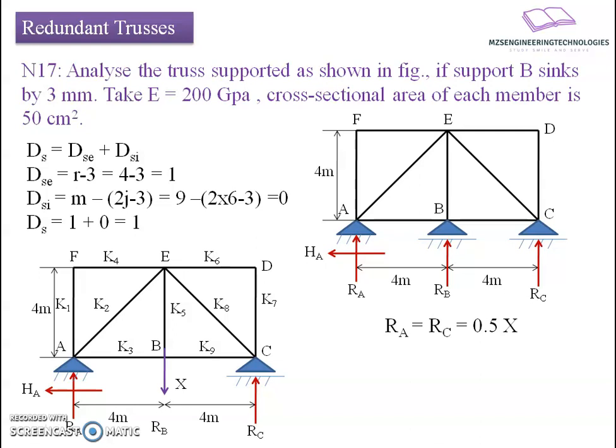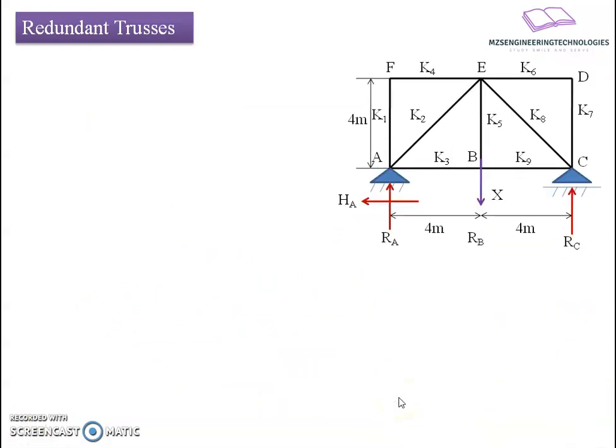Let us say K1, K2, K3, K4, K5, K6, K7, K8, K9. These are the respective coefficients of distribution of this redundant force among the other members. Now our interest lies in finding the value of these K coefficients. So for that we will go with the analysis part. We will analyze the structure by the joint method.